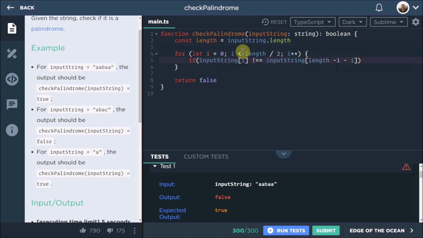Remember, if we're looking at the second value, then i would be 1, and we'd want to look at the second last one. So that would be the length, which is 5, minus 1, which is 4, minus another 1, because we're looking at index 1 in the next loop. We'll look at index 3, which is 0, 1, 2, 3.